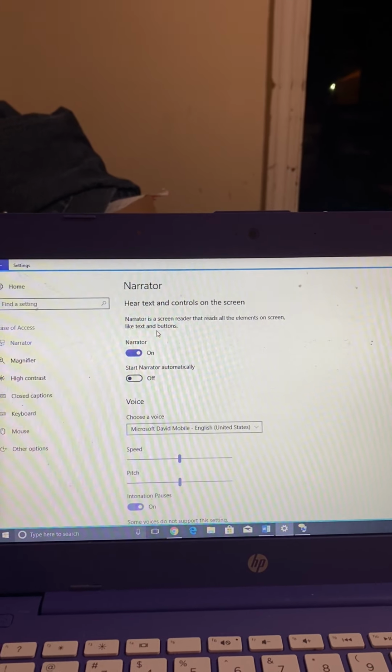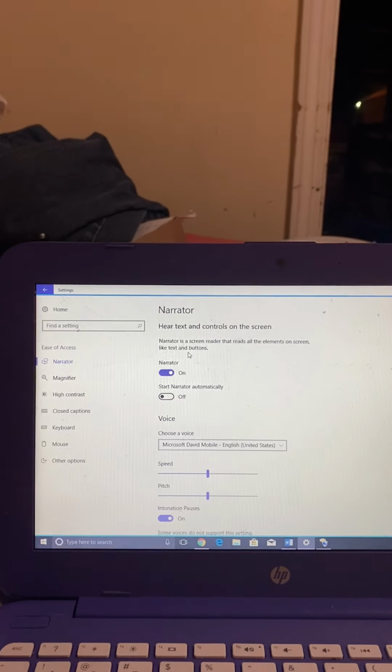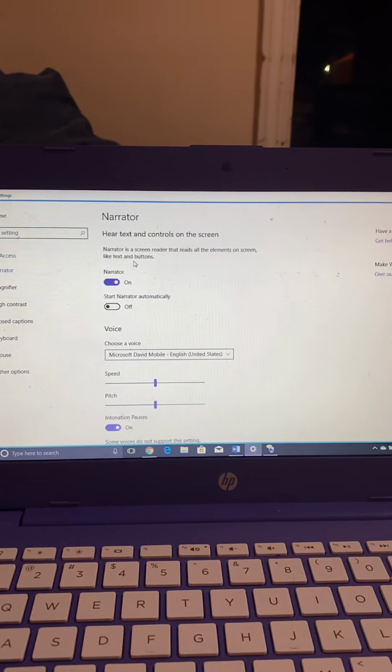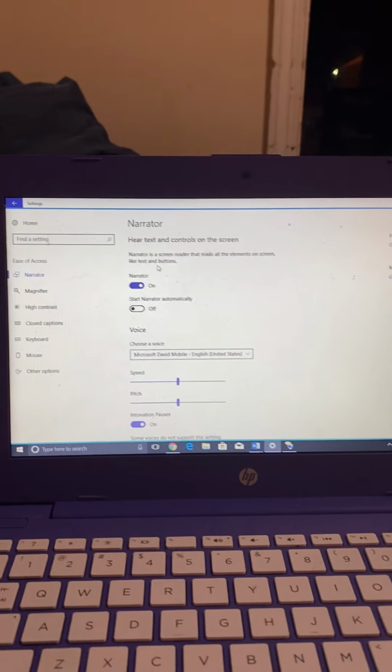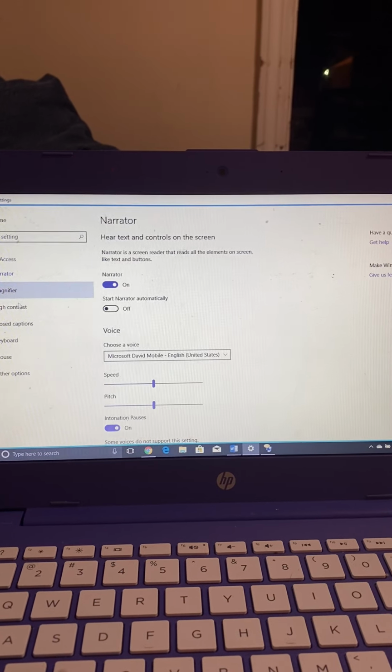Another built-in accessibility feature that I experimented with was high contrast. This could be good for someone with a visual impairment. When I was experimenting with it,